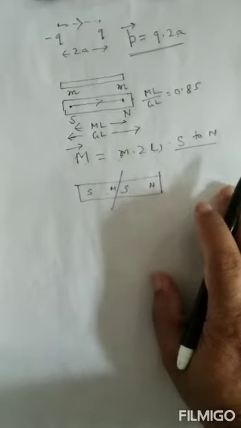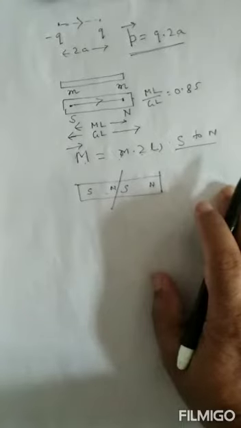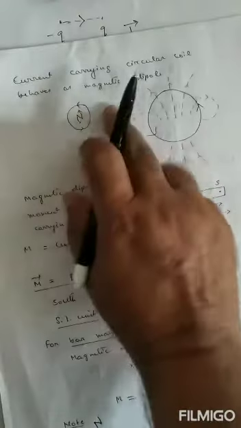So if I keep cutting the magnet, ultimately we get one atom of the magnet, and in that atom also, one face acts as the north pole and the other face acts as the south pole. Actually, what is an atom? It is electrons circulating around the nucleus. When an electron moves in a circular path, it is equivalent to a current coil. That is why our topic is the current carrying loop as a magnetic dipole.